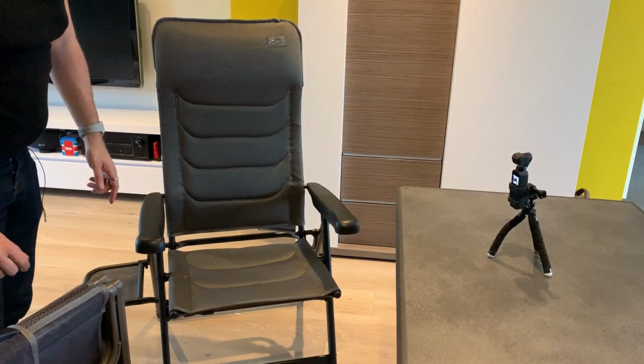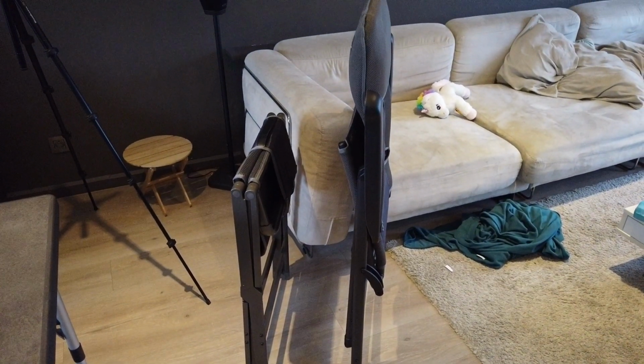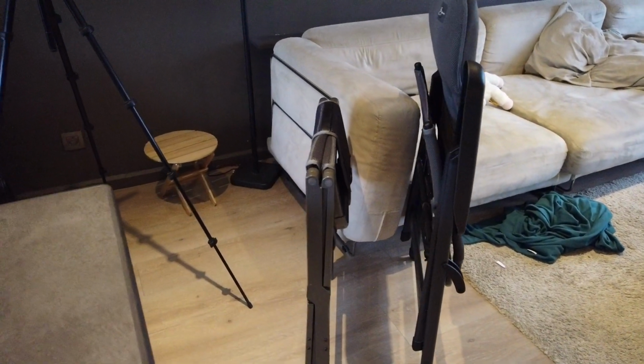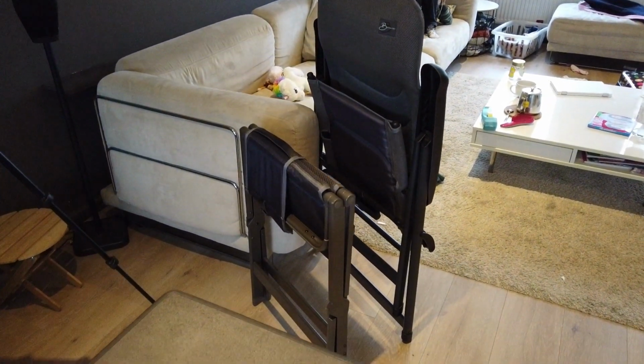Compare that to this one. Both of them are fairly thin, but as you can see, the footprint of it is just a phenomenal difference. So to be honest, if you don't really care about the footrest, which I absolutely do not, this is actually very comfortable. So I highly recommend anyone that is buying a camper van